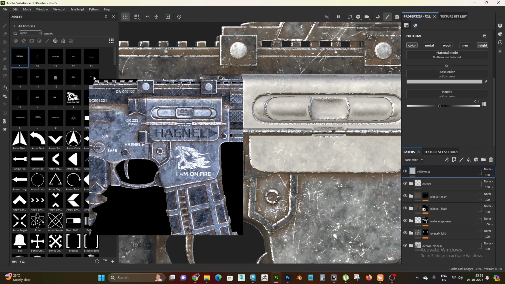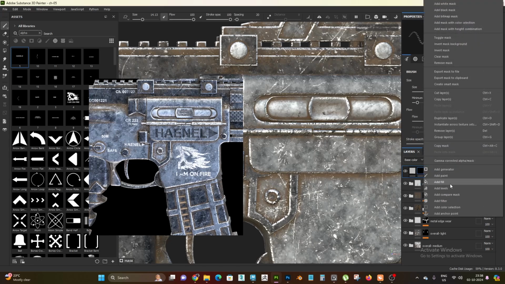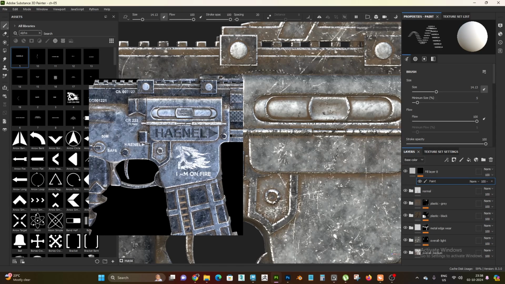Okay, so here just add black mask, add paint, take the handle alpha and in this